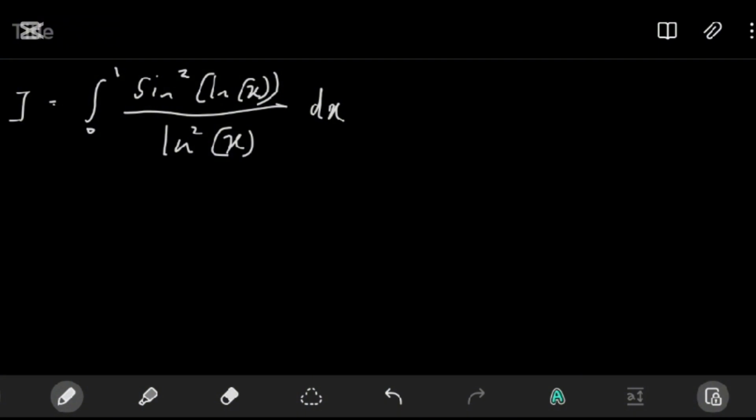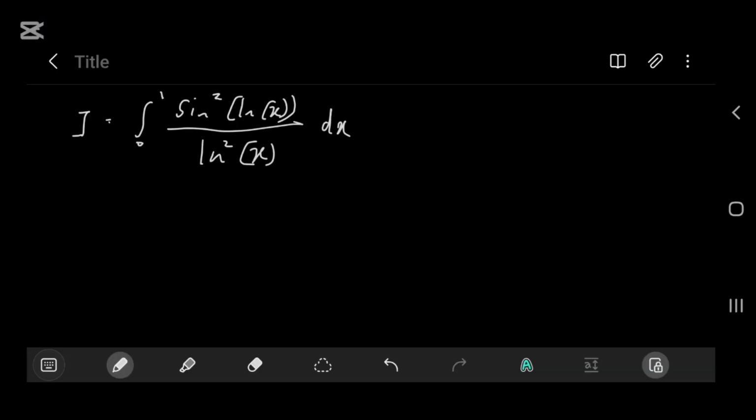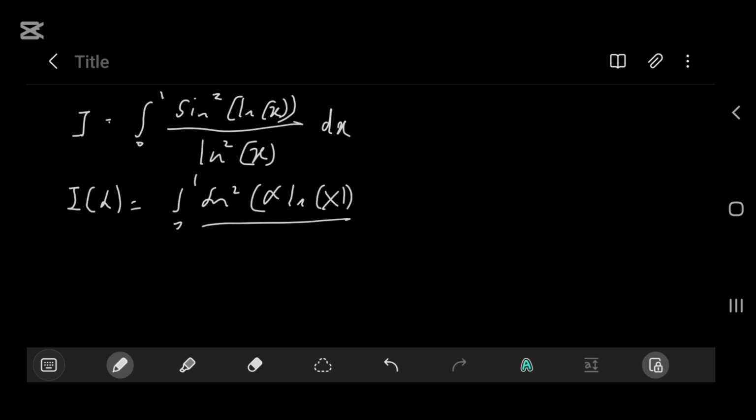So the integral we have here today is I equals the integral from 0 to 1 of sin squared of ln x over ln squared x dx. First of all, we shall write this using the Feynman technique, which is I of alpha equals the integral from 0 to 1 of sin squared of alpha times ln x over ln squared x dx, where I of 0 is 0 and I of 1 is literally our integral which we want to find